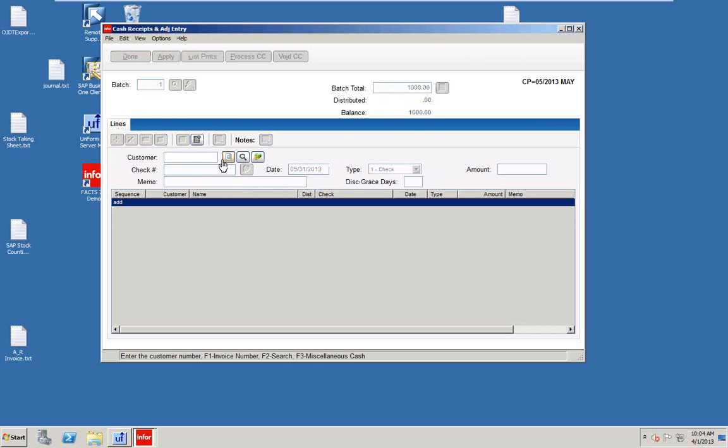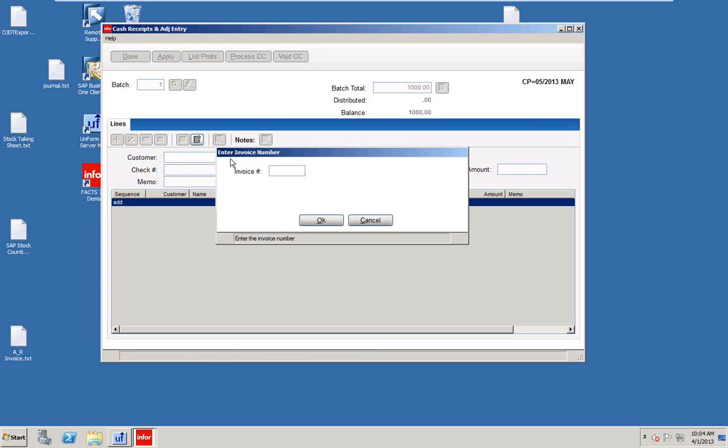We're going to go here and we're going to add a line. Here, again, we can go in and we can do a couple ways of searching. We can search by our customer here in the search. So we can call up and search our customer. We can also search here by an invoice number. And we can use this one for miscellaneous cash. So if we want to search by an invoice number, we can click here and we can enter the invoice number like